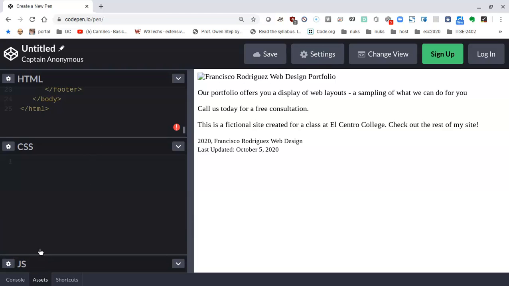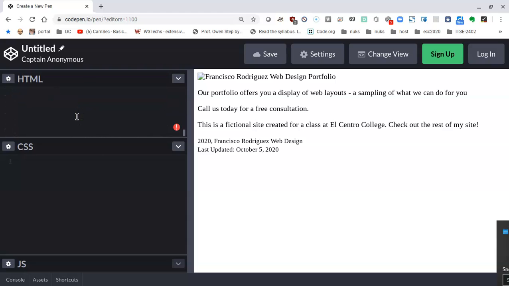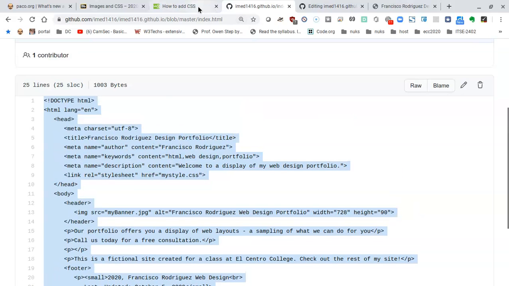I'm going to minimize the JavaScript because we're not using it, and I will just click on CSS. I will not be making any changes to the HTML. Everything is going to happen in CSS. That being said, let's see what the assignment says. The assignment says